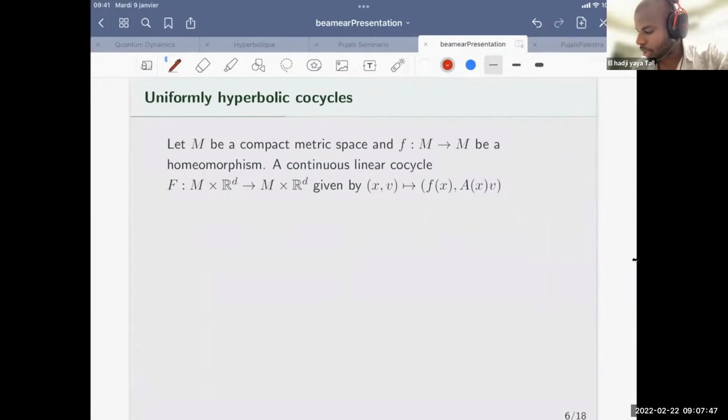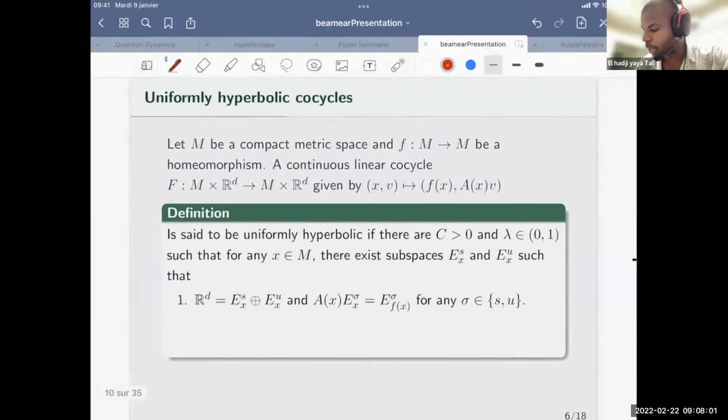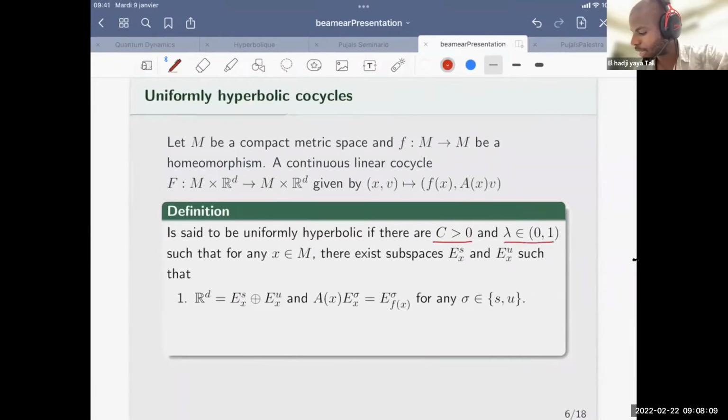So you consider a continuous map A and take the cocycle generated by A over F, given by (x, v) to (F(x), A(x)v). You say that this cocycle is uniformly hyperbolic if you can find constants C positive and lambda between 0 and 1, such that for every x in M, you have transversal lines Es(x), Eu(x) that are invariant by the fiber map A(x), and satisfy, if you restrict A^n(x)